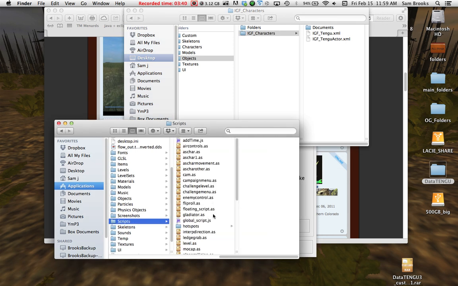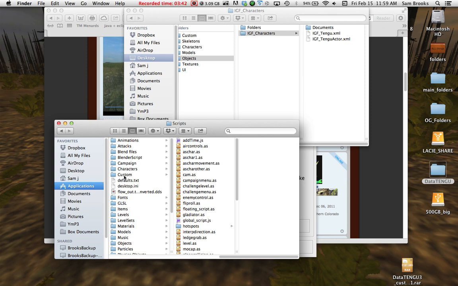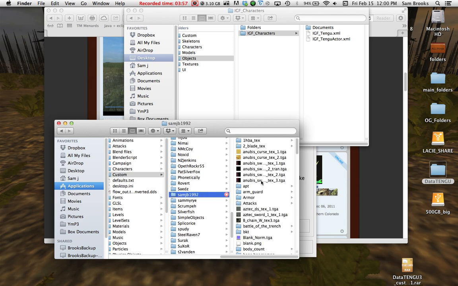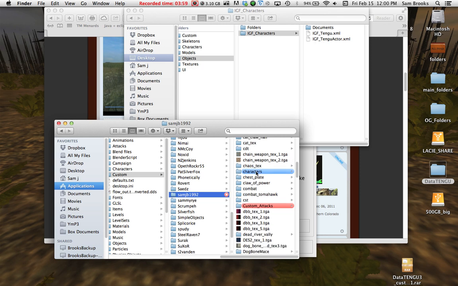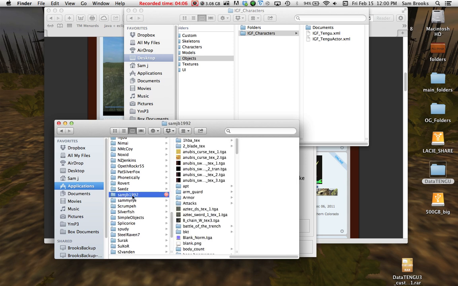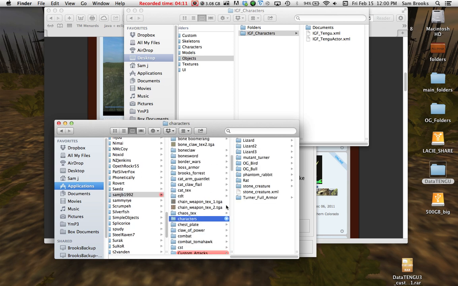You'd put any script you get in here. The best way to do it, if you're making a mod, is to make a folder in the custom folder with your username from the forum or whatever you want to make it, and link everything into there. So like, see my custom characters. I made a characters folder within a custom folder that I made within my data's custom folder, and I named it character, and that's where I keep like the lizard I made, my mutant Turner,